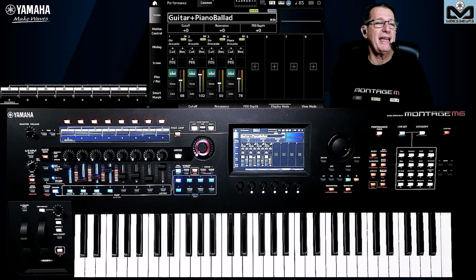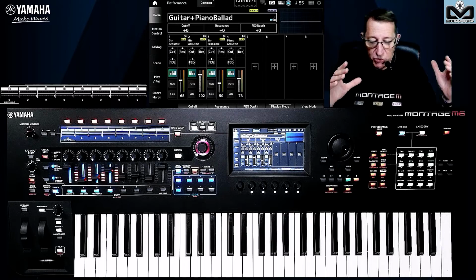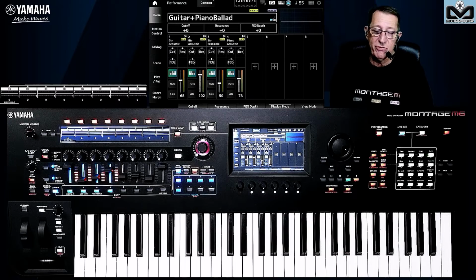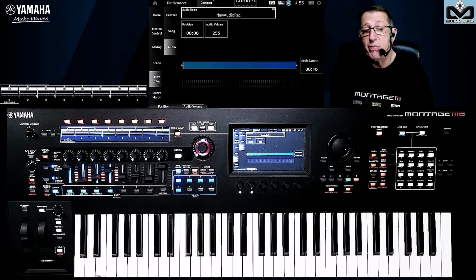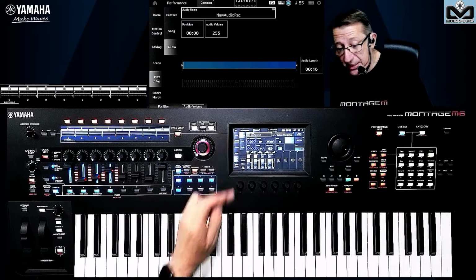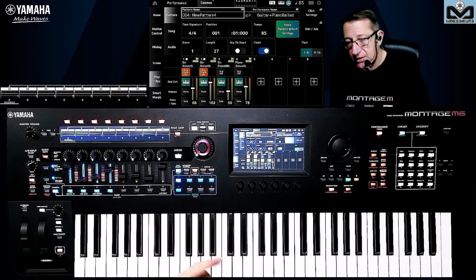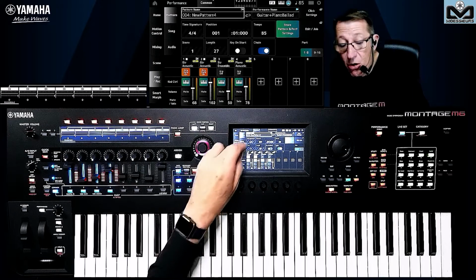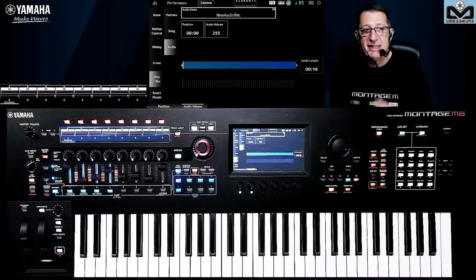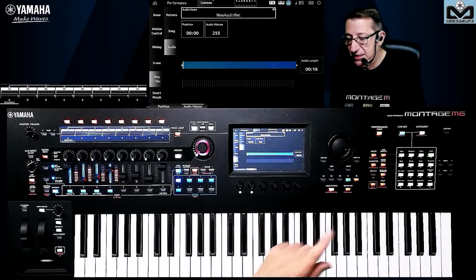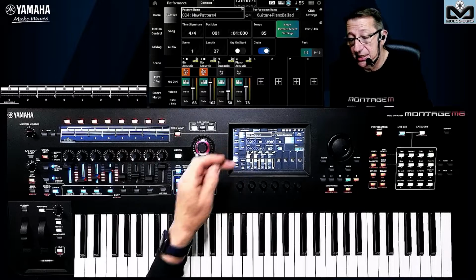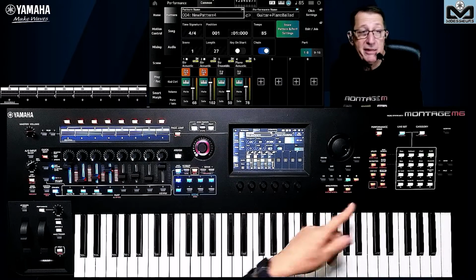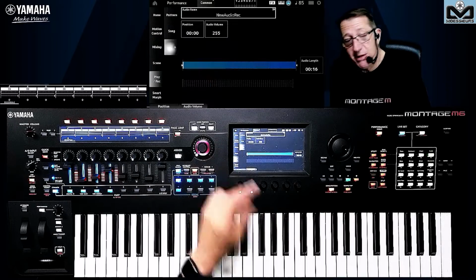But some people say, I have recorded my pattern and I want to record it on a USB stick in audio. No, you cannot do that, because the Montage M is a synth. It's a synthesizer. This is not a workstation. When you go on Play Rec, you have the pattern, I will say bottom mode, or the song or the audio. It's not possible at the same time to press Rec and play, to launch the audio recording and go to pattern and push play, because play is already in action. So that's really not possible.